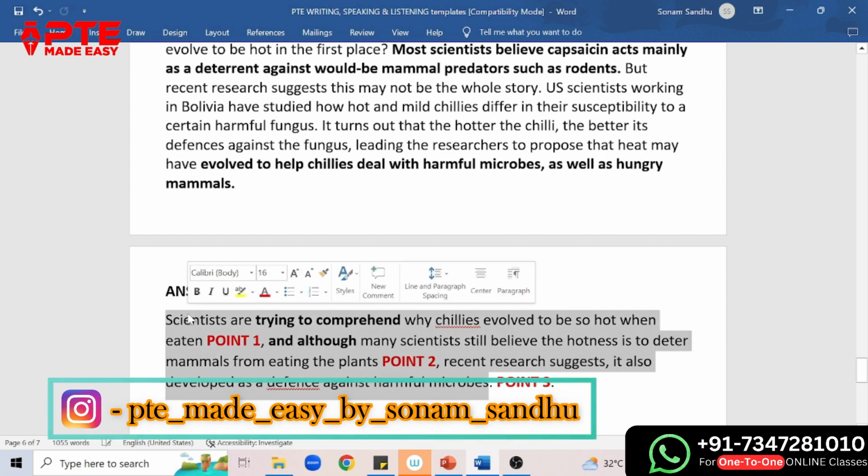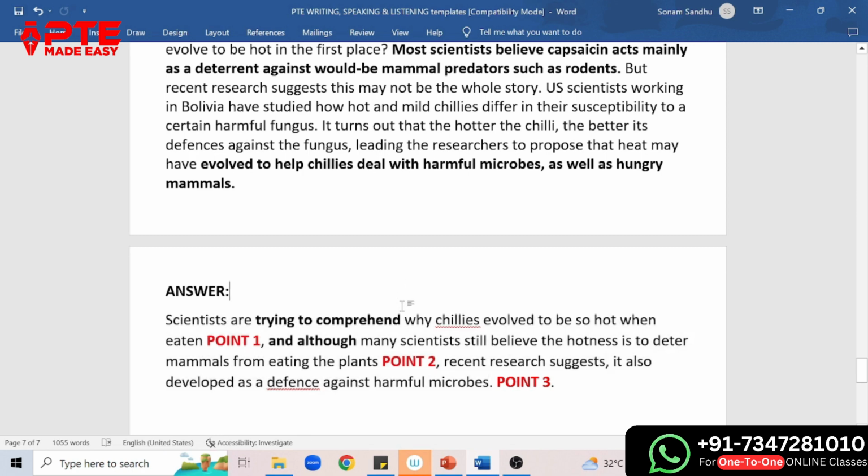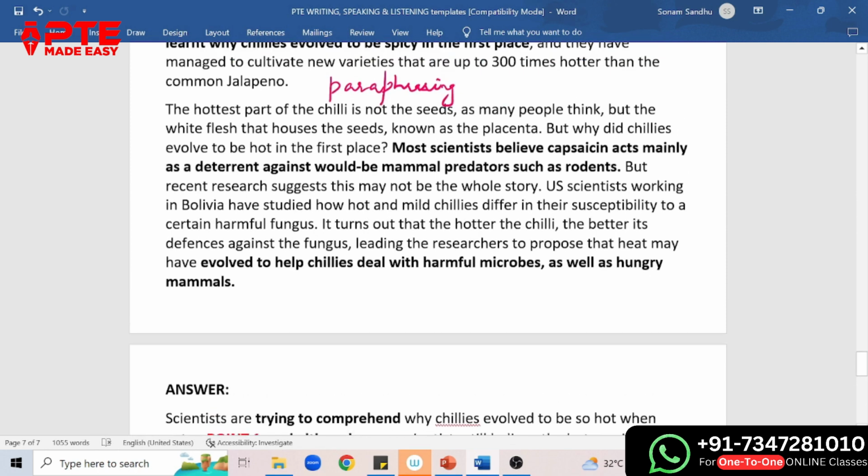The total number of words here will be somewhere around 44, because we are going to remove point 1, point 2. So somewhere around 40 words. Okay. So it is possible to write one single sentence in 40 words. Try using the same method. Look at the connectors I have used. Look at the way I have used synonyms, trying to comprehend. Okay,